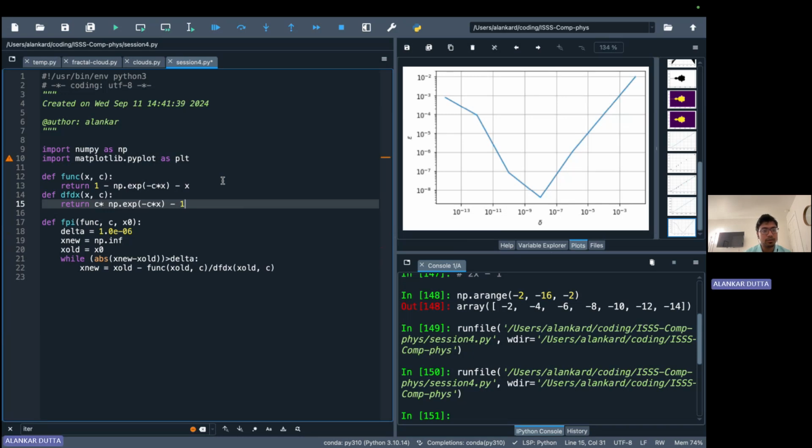And there it is. So we have found out the derivative as well, right? And we have some x old, right? So this is what we have. And then